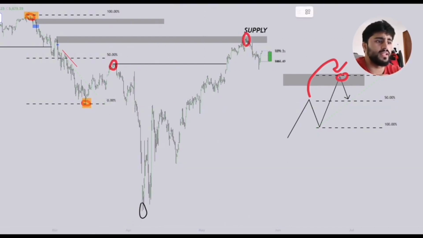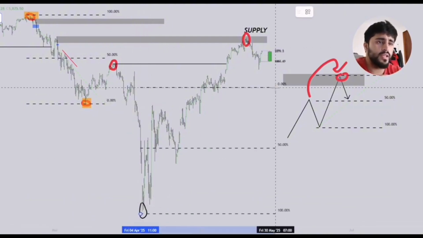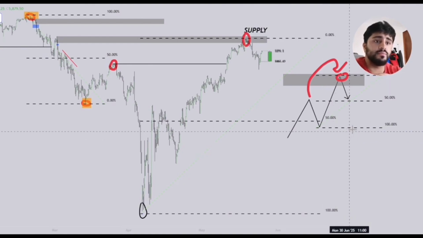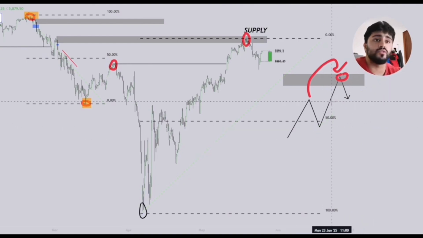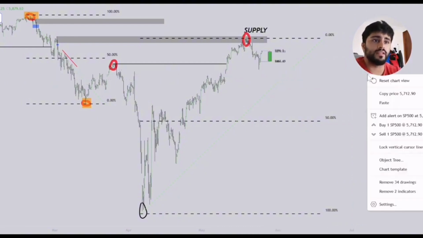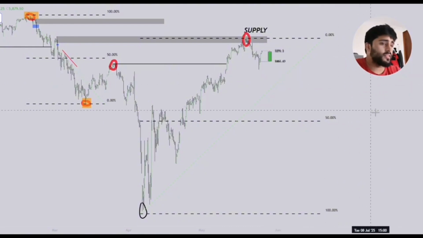And so right now we're in a dealing range, right? This is the dealing range low, and this is the dealing range high. Again, to make this very simple, the dealing range is simply the most recent swing low and the most recent swing high. That is simply what the dealing range is. And so from here now, how can we understand where price is likely to go? So the way we do this is by understanding that we are